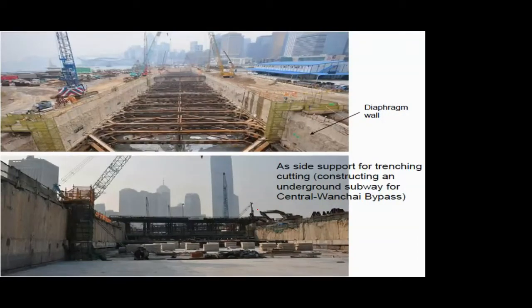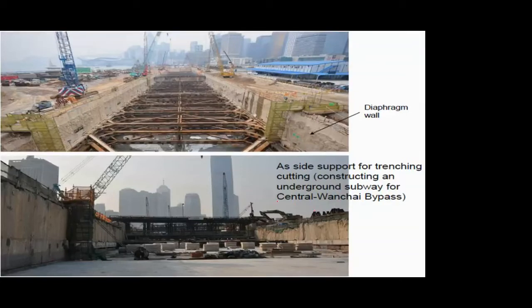Before you actually start the tunnel boring machine, you have to lower that tunnel boring machine. So what you do is you first have to excavate a huge area. You have to lower the level, and then you assemble your TBM, tunnel boring machine, into it, and then you start the tunneling operation. That excavation of a large area is done by first constructing a diaphragm wall.